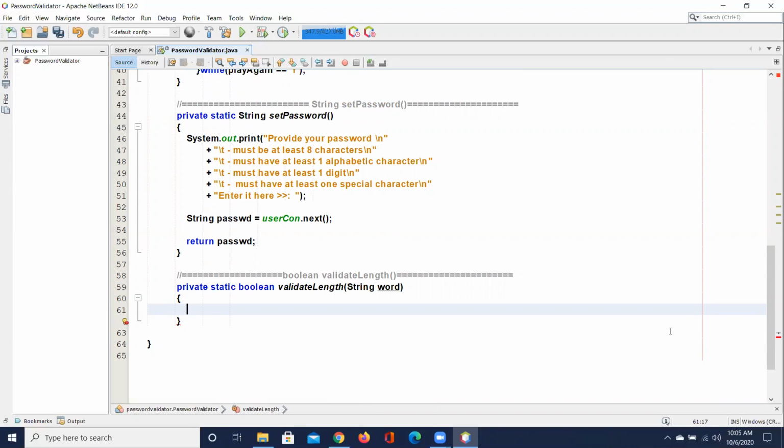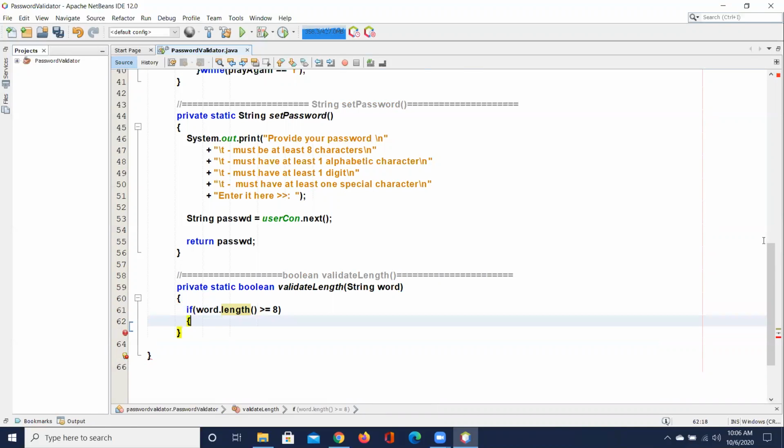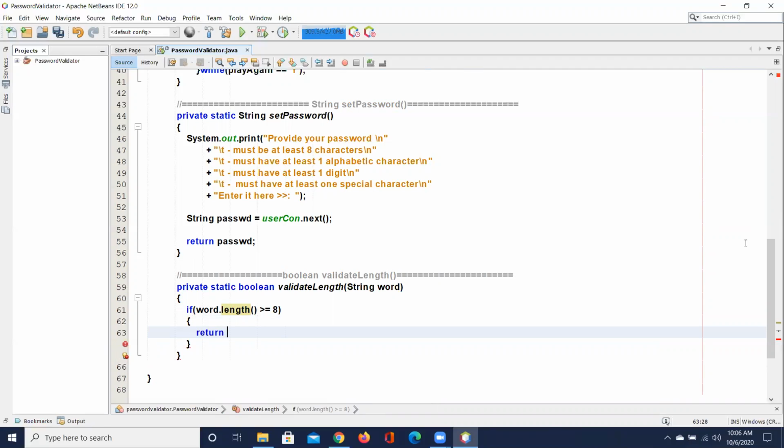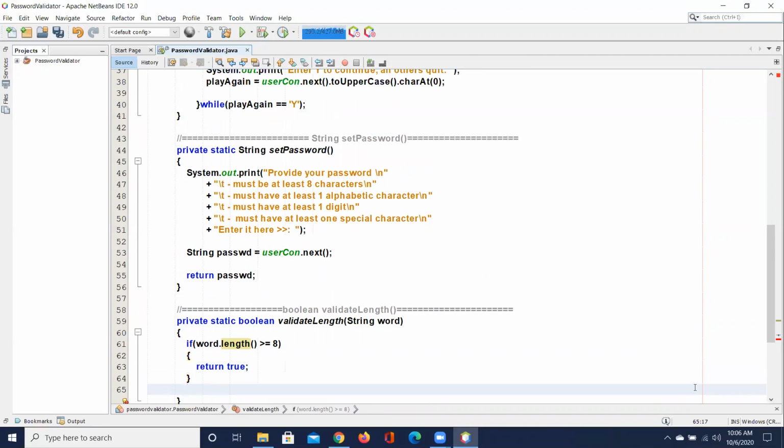So now it's probably just as easy to just say if word length is greater than or equal to 8, then we're going to go ahead and return true. And then if it's not,